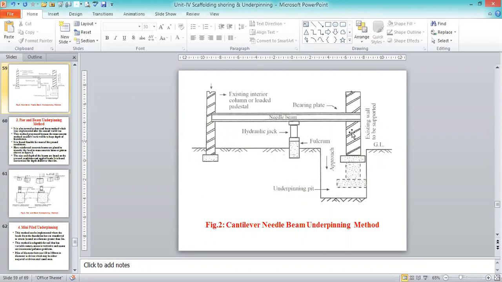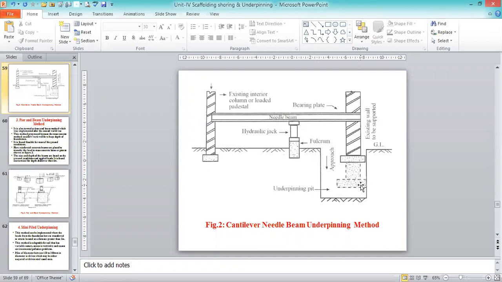Such that we have to go for the fixing of this to the wall. This is the existing wall to be protected. Here the foundation treatment is going to be provided. Whatever we are going to do with the dotted lines is going to give us foundation treatment. This is what we call a trench, or the pit we are going to drive.